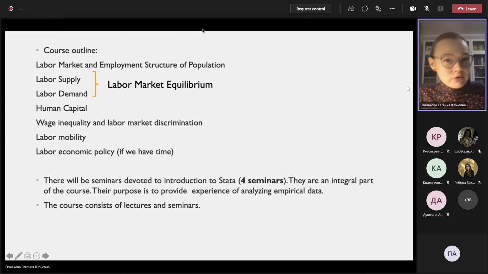Basically, there will be seminars devoted to an introduction to Stata. I'm planning for 4 seminars if we have time, but I'm not sure, because I'm planning that next we begin the econometric material, with basic probit models, next week. But I'm not sure whether we will have our lecture and seminars in the coming weeks, because